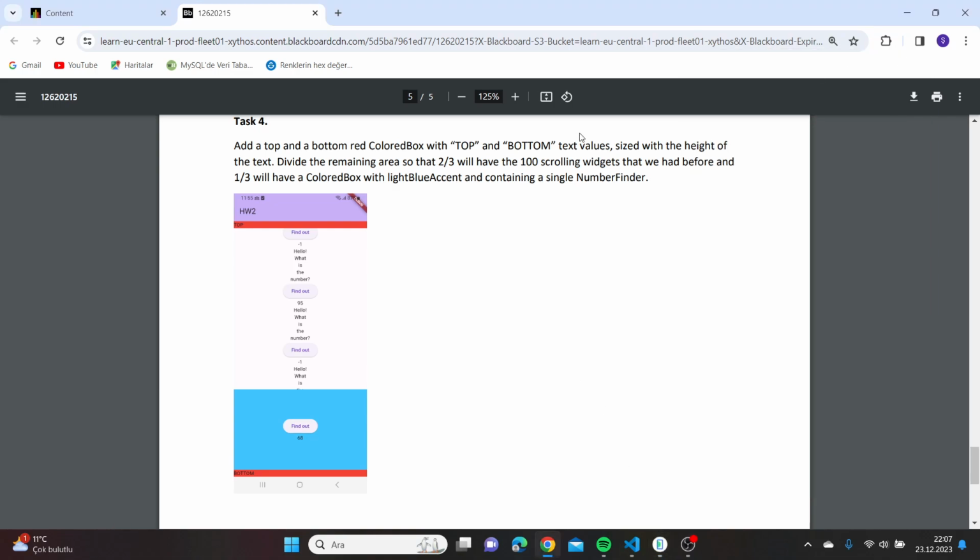And we need to divide this area into 3, and we need to have two of the screen,